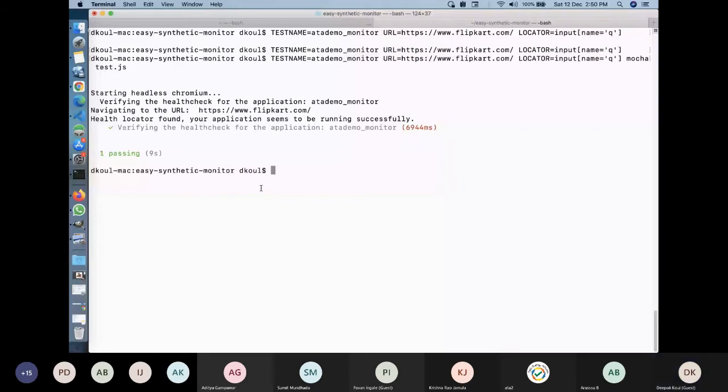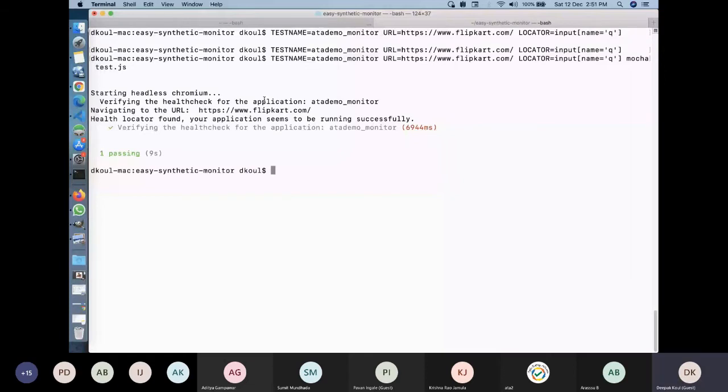So the Puppeteer package for Node contains the Chromium, so you don't need to think about installing browser dependencies or anything of that sort. So that was one of the primary reasons we chose Puppeteer. And we were initially planning to use Cypress, but Cypress is again too heavy for this kind of lean stuff.